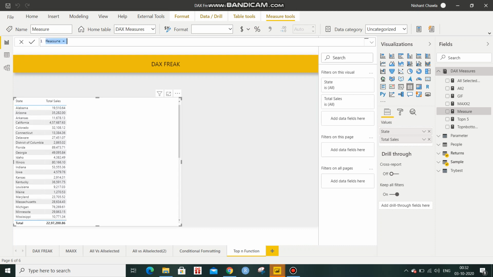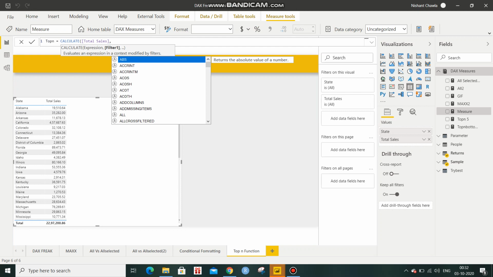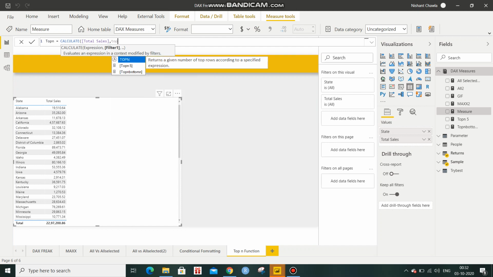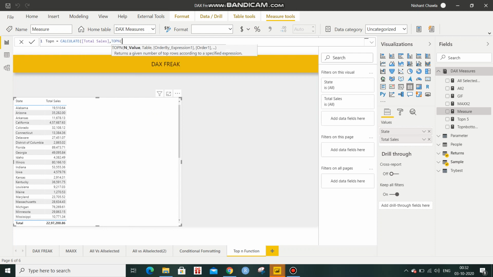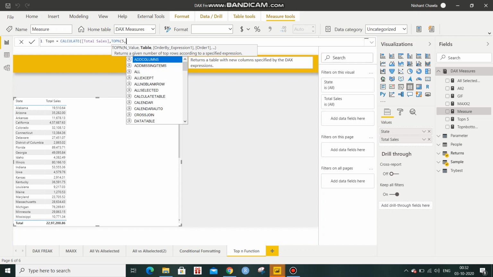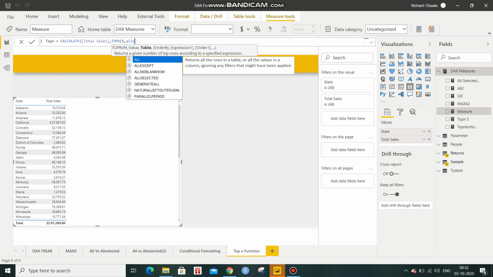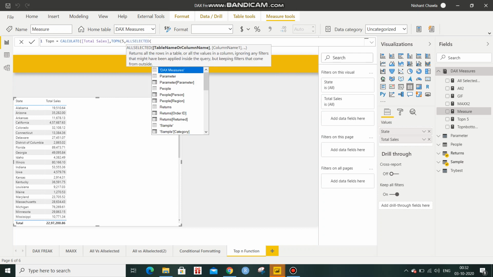So if I go in and create a TOPN function, we are calculating total sales. Obviously we want sales here, right? In the filter option, we are using a table function. TOPN is actually a table function. So what TOPN will do is create a table. It will calculate sales, but it will create a filter. And for the TOPN value, let's say we want the top 5 customers by each state, right? In the table option, we'll select ALLSELECTED and customer ID.